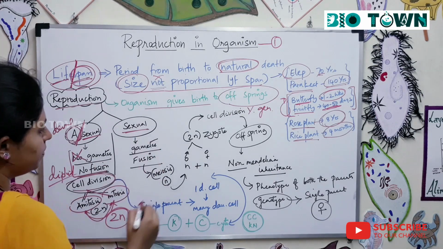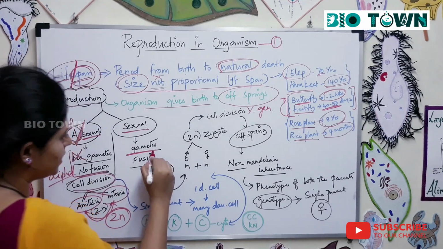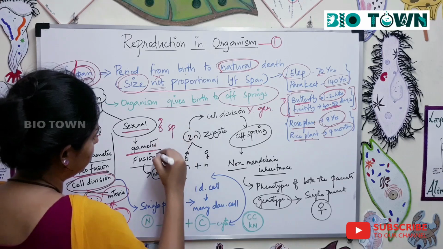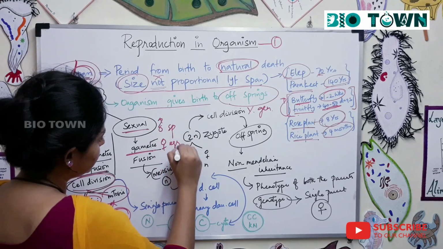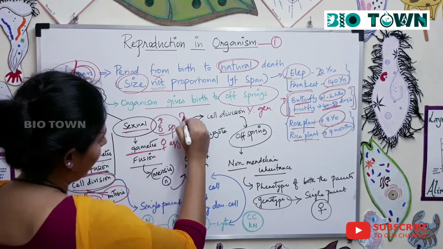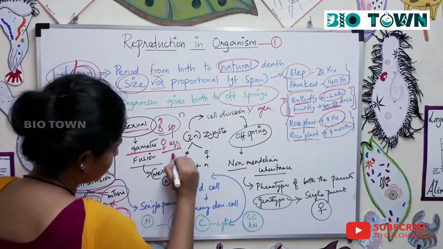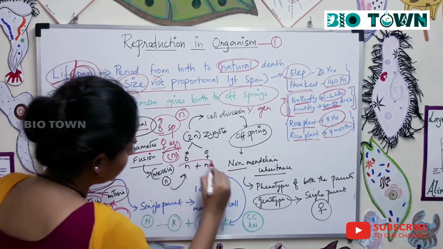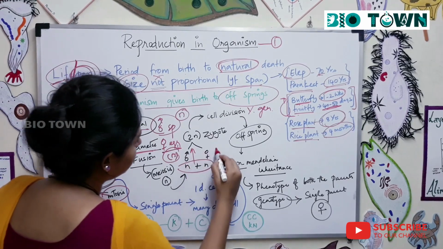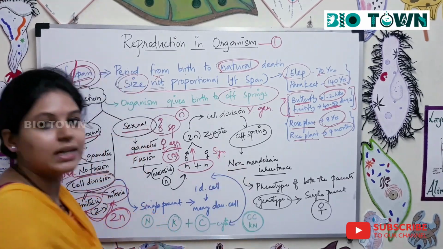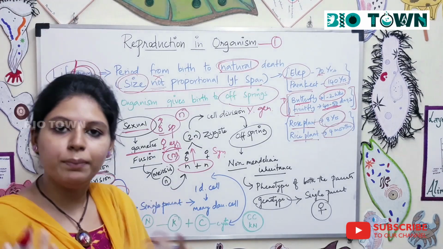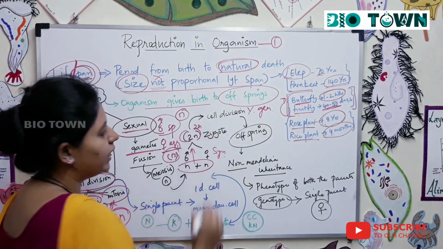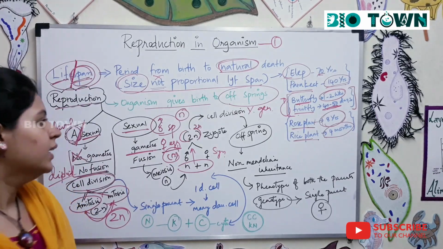And in sexual reproduction, you have the gametes. For example, when you take humans, the male gamete is a sperm and the female gamete is the egg. Sperm is a haploid gamete. An egg is a haploid gamete. Now what happens? These two haploid gametes fuse together. So there's syngamy, which means there is fertilization or copulation that takes place, and they form a zygote which is 2n in number, that is diploid in number.